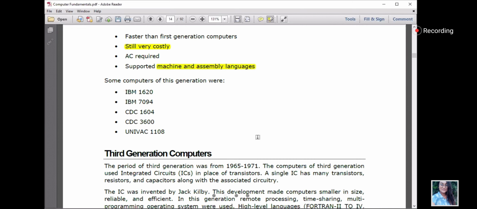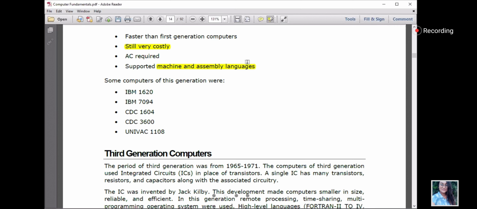Now it supported machine and assembly language. Now what is the assembly language? Nowadays assembly language is the intermediate language. So whenever we are doing any programming or writing a piece of code to make software or do web development, we try to write in our own language. So we write print. That is actually an English word, that is a high level language. Now in the computer, that language is first converted into an intermediate language. The intermediate language here is the assembly language.